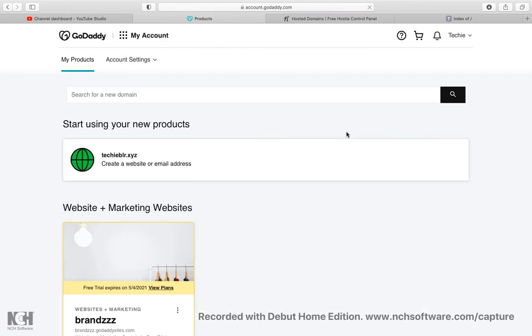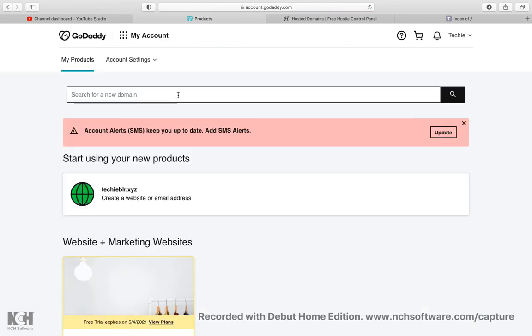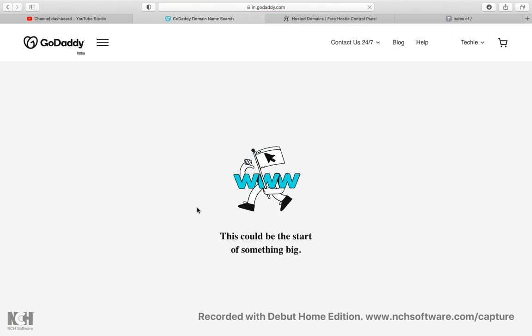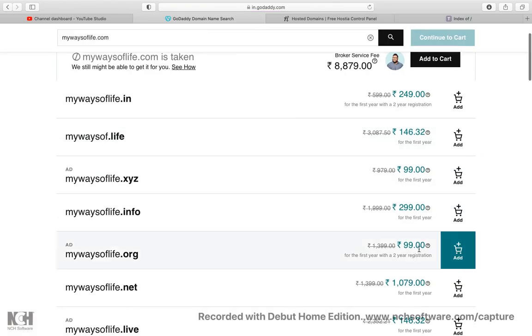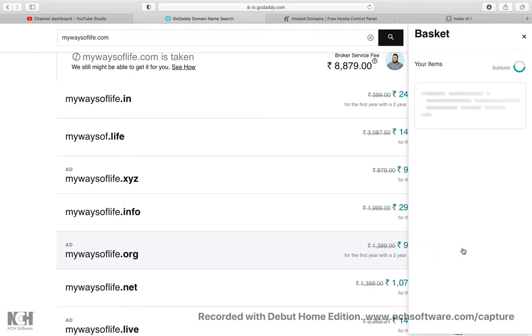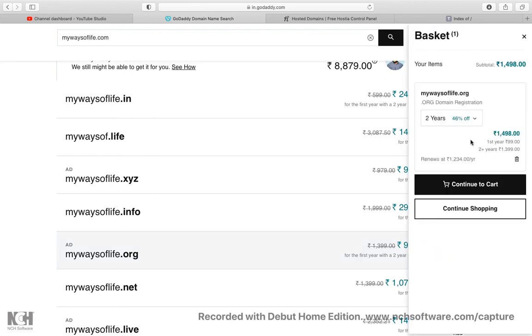Suppose I'm looking for another domain, I need to pay a minimum amount in rupees. I was saying if I want to create my ways of life, since I'm not planning to make a payment, I'm unable to show you. I'm looking for mywaysoflife.com. If it is available, it shows. Otherwise, I can go for the next best one. I can add it to the cart, and then I can make the payment.